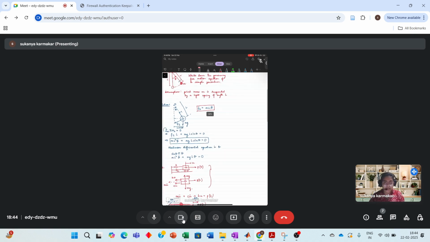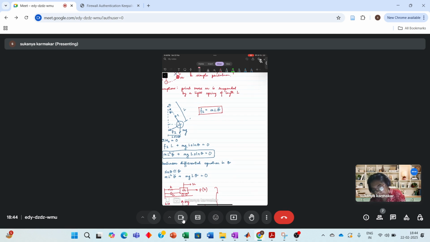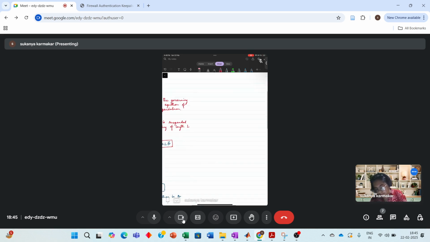How is this inertial force m l theta double dot? So what's basically theta? Theta is the motion in the radial direction. We can tell that it is u, like the way we were handling u earlier. Fine. Now, what is